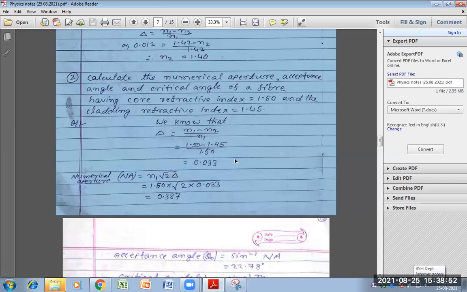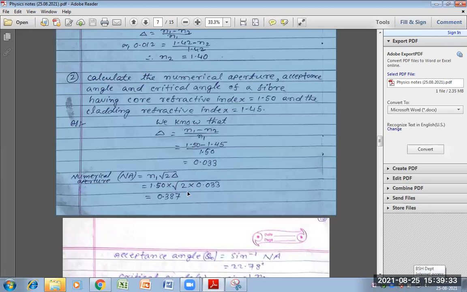Now we know that the numerical aperture is equal to n1 into √2 delta. ये होता है ना, n1 core of refractive index of core into √2 into ये पार्ट रिफ्रैक्टिव इंडेक्स चेंज। अभी हमारा n1 का वैल्यू कितना दिया है 1.50 इंटू ये इंटू √2 डेल्टा का वैल्यू कितना हो जाएगा 0.033, ये पार्ट आ गया।